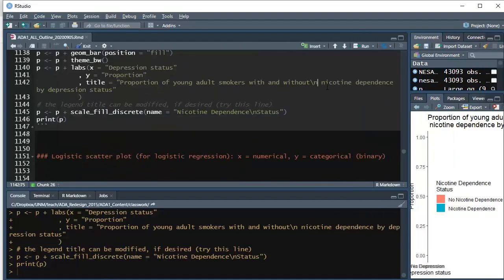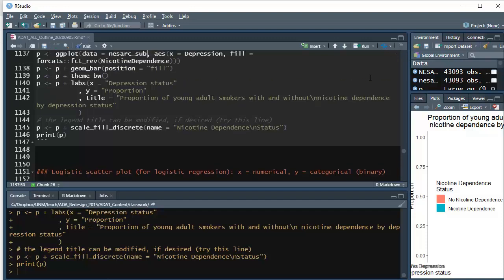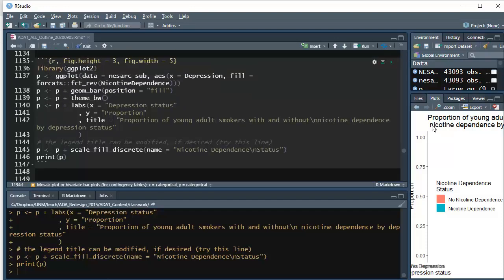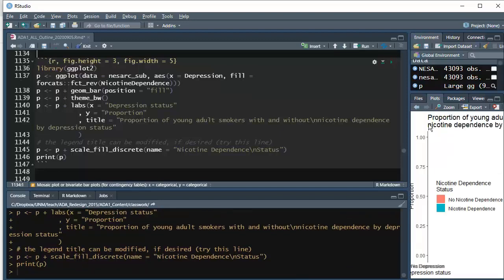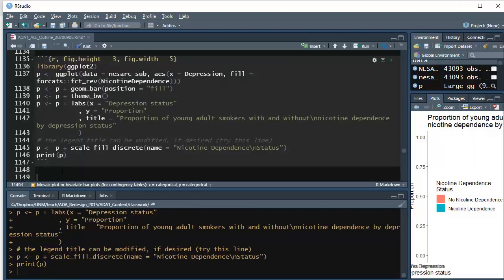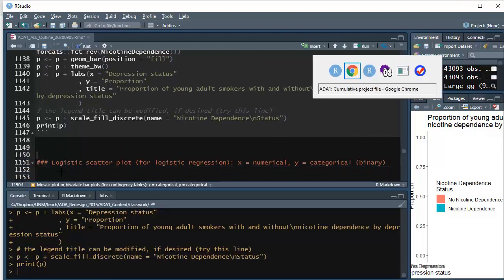Okay, so you can see that in the title, after the line return, the backslash n, I have a space, and that's what's adding this little tiny space in the plot right there in that title. I'm just going to remove that, and if we just rerun the code right here, you'll see in this window on the bottom right that the nicotine is going to move left and be justified with proportion. Okay, that looks a bit nicer. That's our first plot, and there's more I could say, but I think